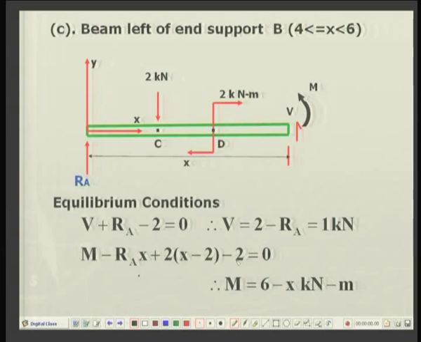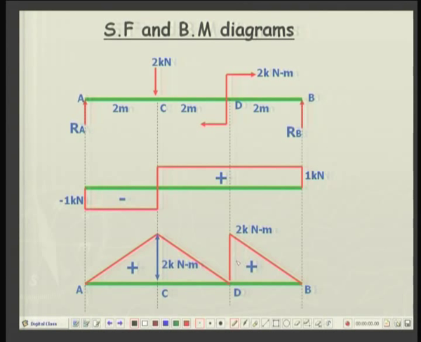Now, the only thing to do is we have to depict these results graphically. Let us do that. This is the beam as given to you, R A and R B, two reactions which are both found to be 1 kilonewton each, and then the applied load of 2 kilonewton, and the applied moment of 2 kilonewton meters. All right. So, this is the shear force diagram SFD, and this is the bending moment diagram BMD, and this is the loading diagram.